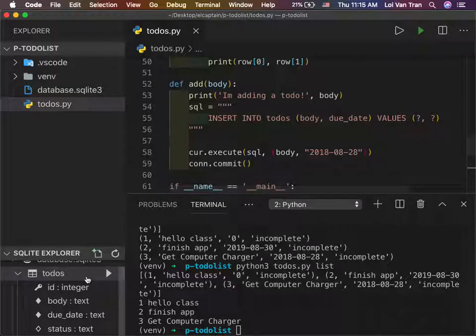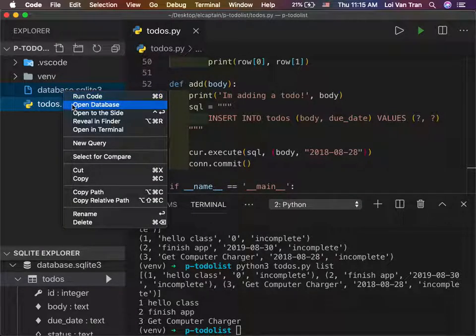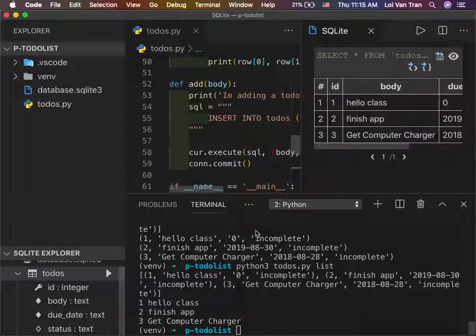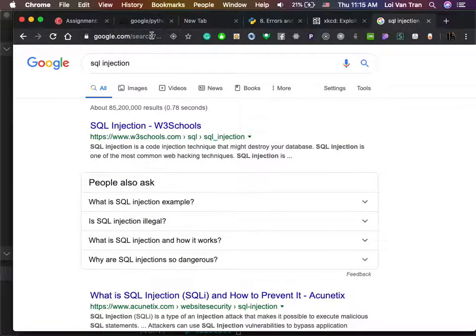If you ever have questions about what's in the database, you always have your SQLite Explorer. Click here, open database, pop this guy open. You can see the structure, and you can run commands here by hitting play. Now, in the database, in the application,